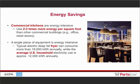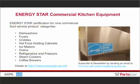In order to know how we get Energy Star certified commercial kitchen equipment to the end user, we need to break down a couple of things. First, the Energy Star certified commercial food service equipment categories and the specification development process. There are 9 active commercial food service, or CFS, product categories eligible to receive ENERGY STAR certification. These include commercial dishwashers, fryers, griddles, hot food holding cabinets, ice makers, ovens, refrigerators and freezers, steam cookers, and coffee brewers. Details on each of these product categories can be found at